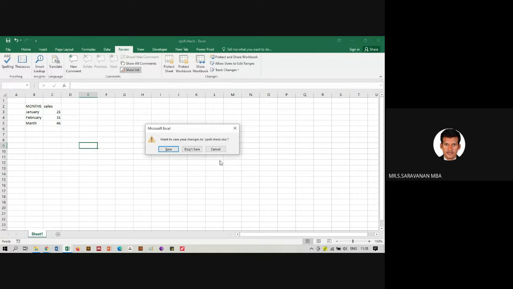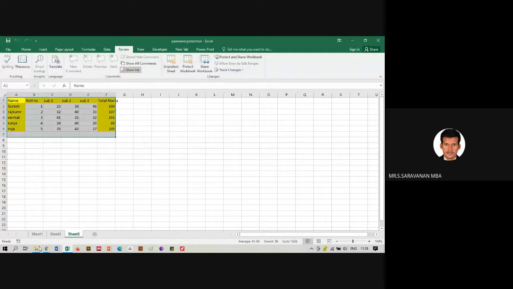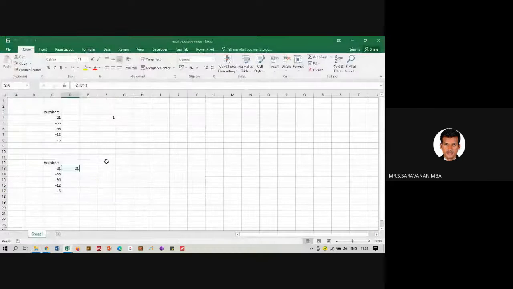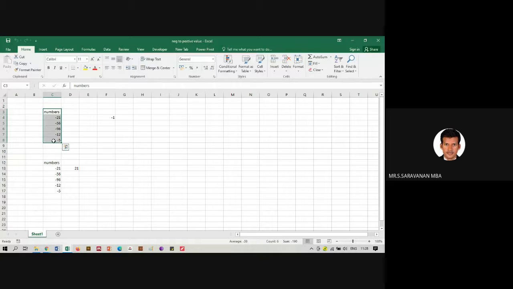Okay. Another simple piece of information I want to show you. I have negative numbers. How do I convert them into positive numbers? There are two ways you can do it.